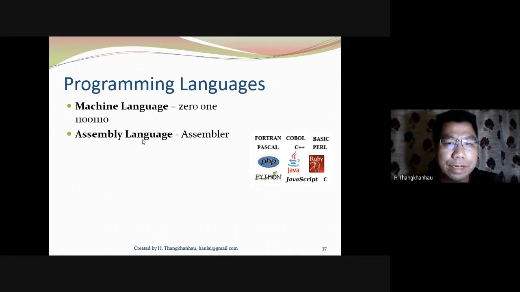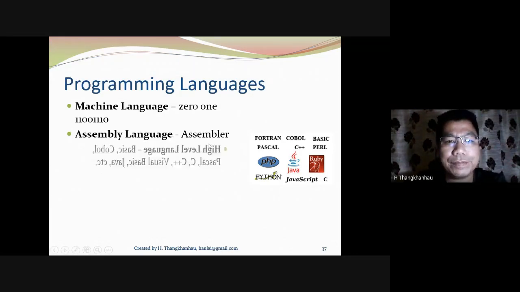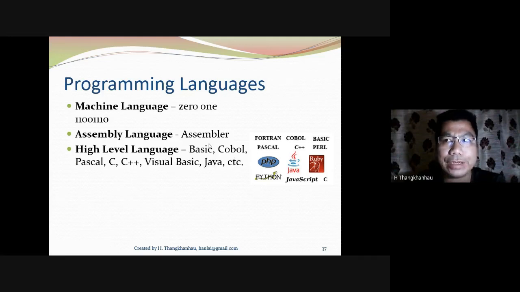So the first architects of computer manufacturing developed a language known as assembly language. Assembly language looks a little bit like English. For example, if I want to add two numbers, I may say add 5, 7. That means I instruct the computer to add 5 and 7, which is assembly language. So assembly language uses an assembler to convert the assembly programming language into computer-understandable machine language, which is 0 and 1. But still, assembly language is also